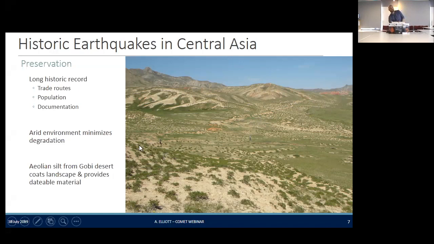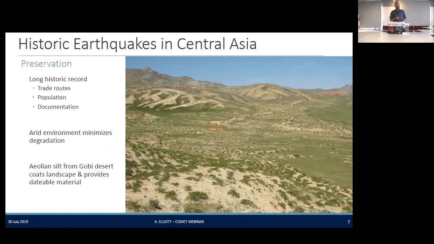So the fault that runs through here was produced by one of the earthquakes that I'm going to be talking about later, and I'll show many more examples of how we've come to monitor it. But the reason this is a valuable place to study earthquakes is that it has a long historical record, thanks to trade routes, dense population along these trade routes, and then the documentation that comes along with having these long established trade